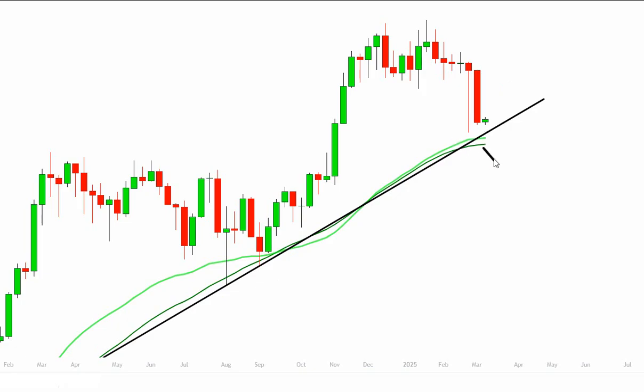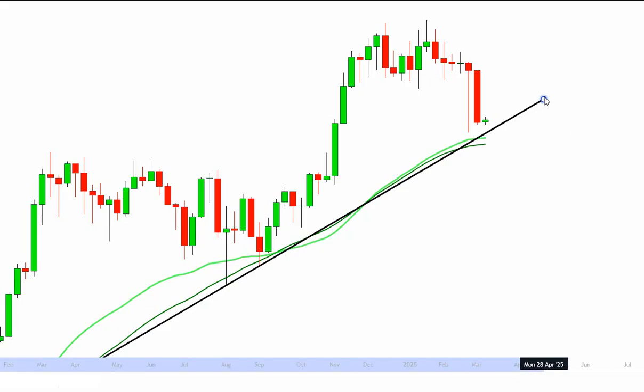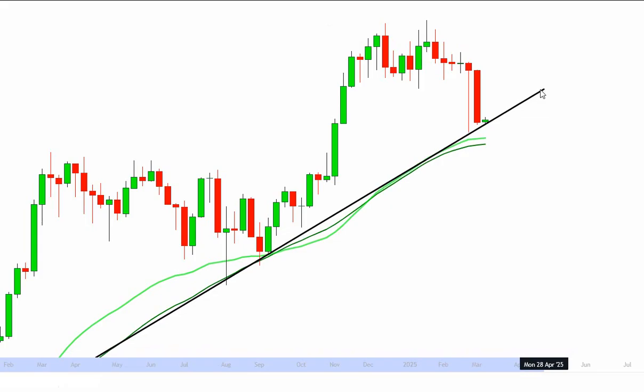Here's our 50-week just below the trend line, with the SMA and the EMA slightly below it there. So again, we'll be watching this trend line closely. Now, it could be that we exclude the shadow as well. Sometimes that happens, and we got the shadows over here. Could be we exclude the shadow and move it up just a little bit. And if so, look, we're right at that trend line with our first low right there. If we exclude the shadows and just use this low right here, we're right at that right now.